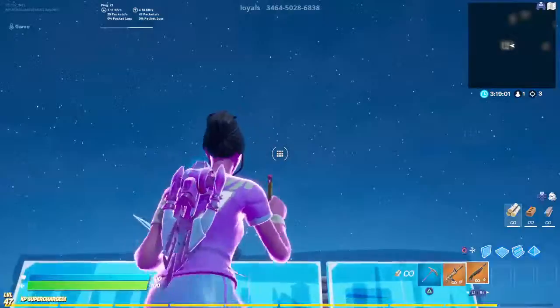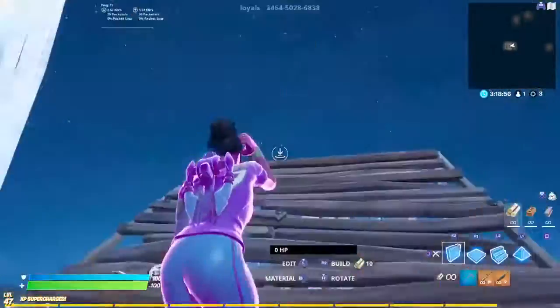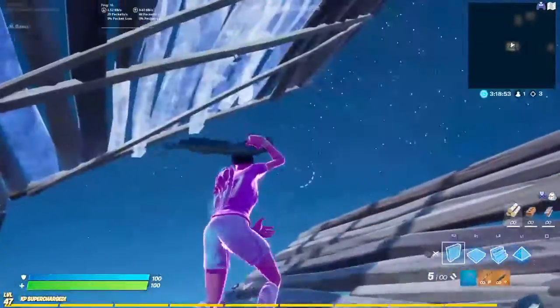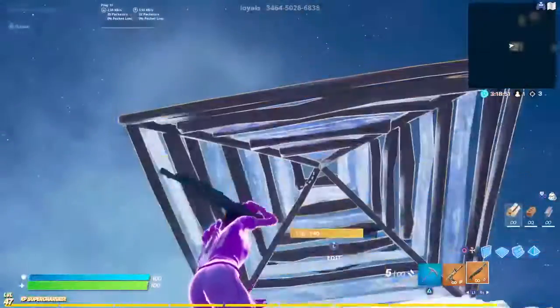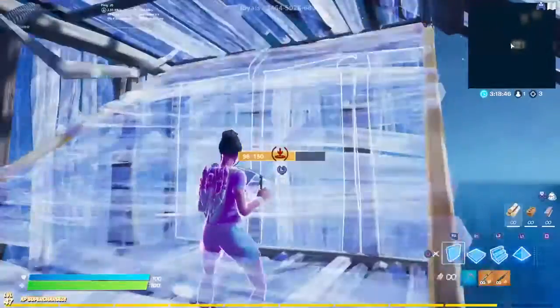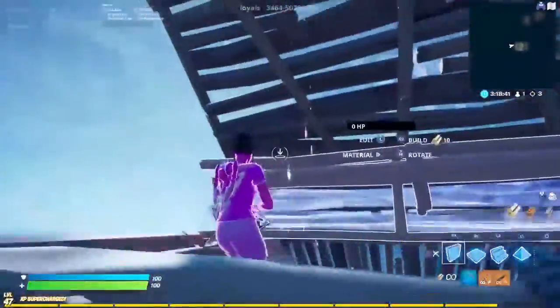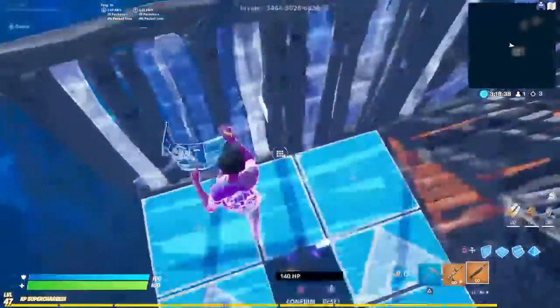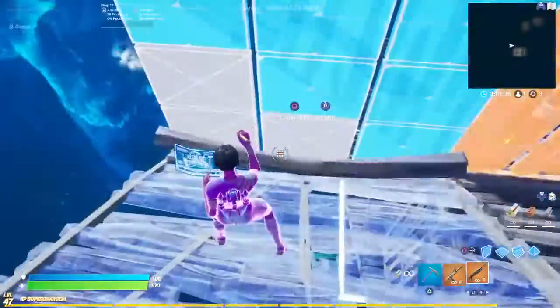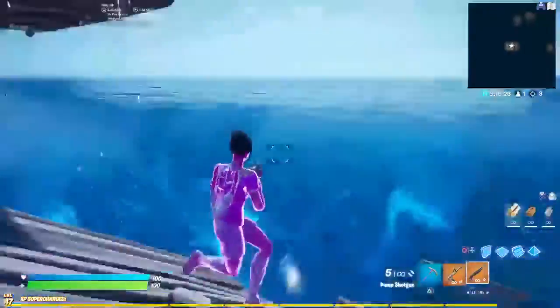Now, this one, it has a lot of editing. So you're gonna edit it, and then you're going to place this and this. Edit, edit, build all this, edit this, jump out, edit, edit. And this one isn't really for high ground, it's just an easy way to get an elimination when you're doing